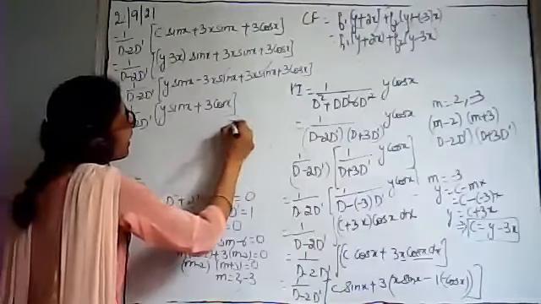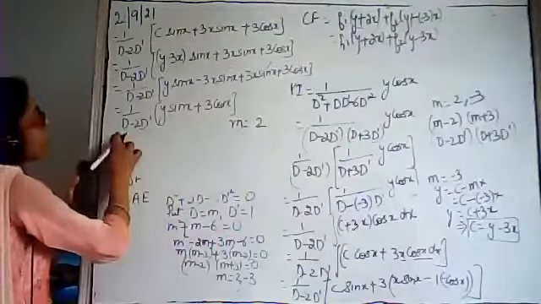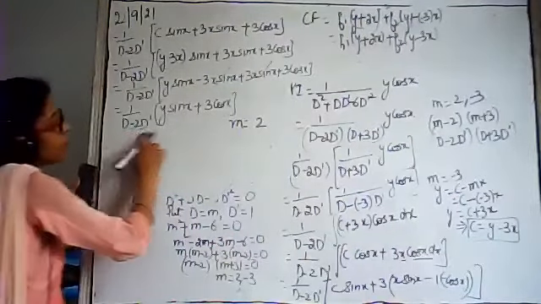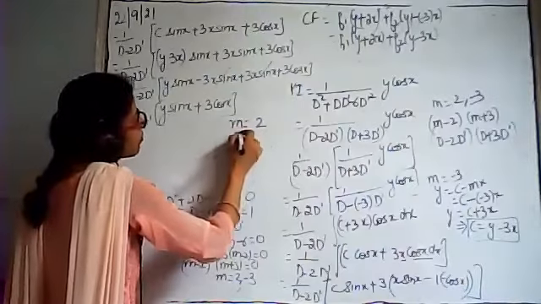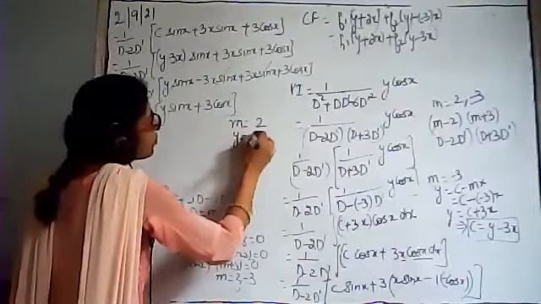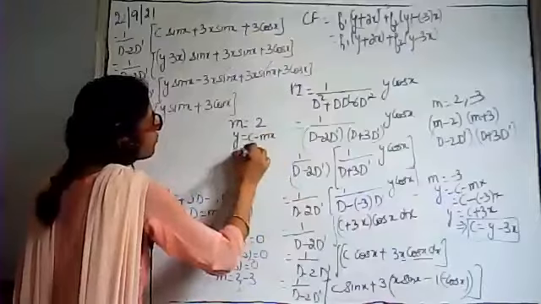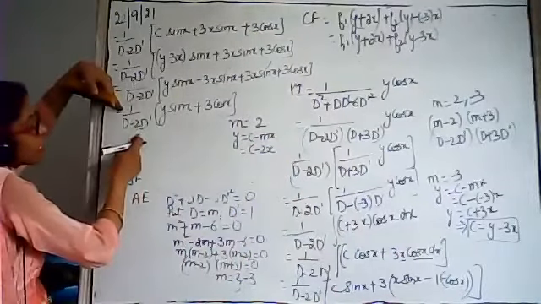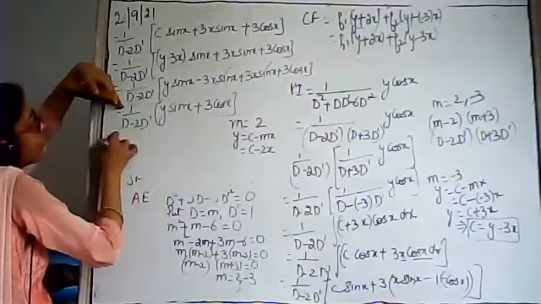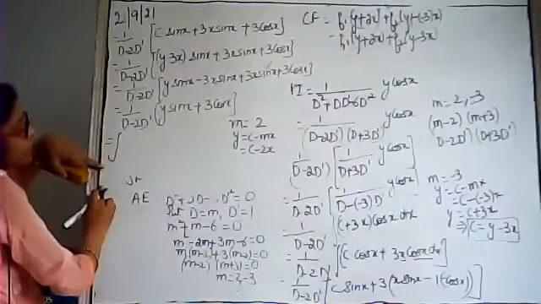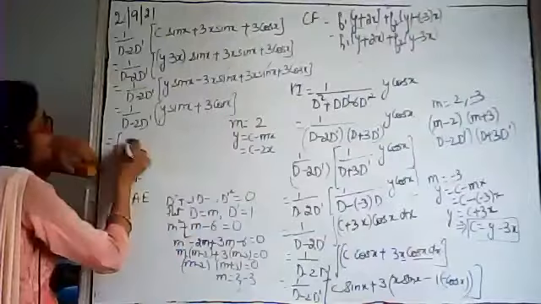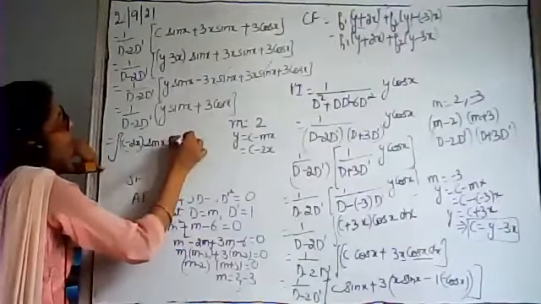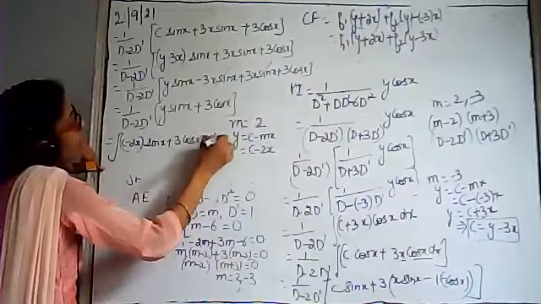Now look here, we have m equals 2 because this is of the form d minus m d dash, and m is the coefficient of d dash. So we have m equals 2, and after that we have to substitute y with c minus mx, so it will be c minus 2x. So this is again of the form 1 upon d minus m d dash into some function of x, y. It means you have to integrate the function, replacing y with c minus 2x, into sin x. The terms of x will remain as they are, and dx.